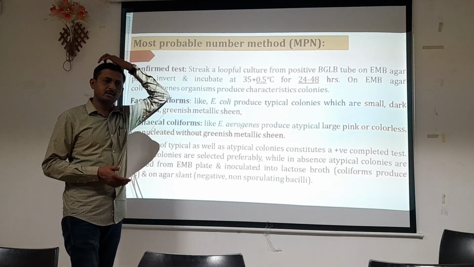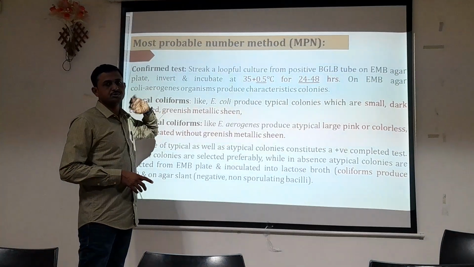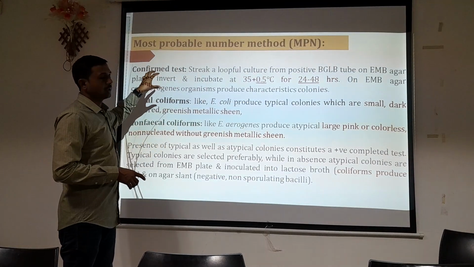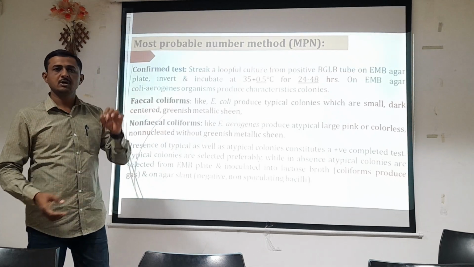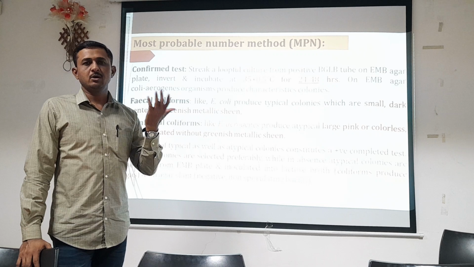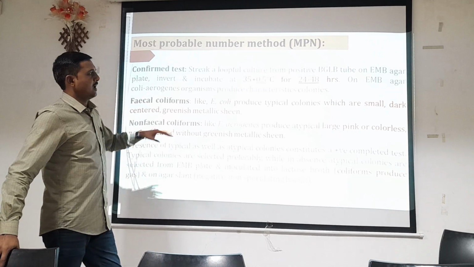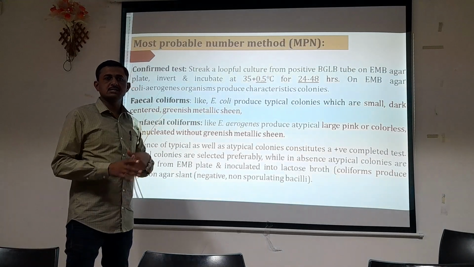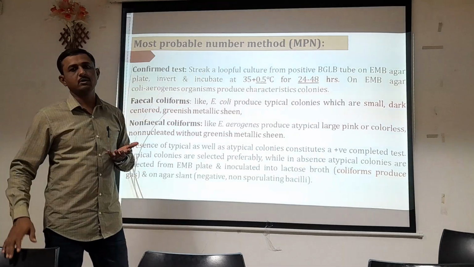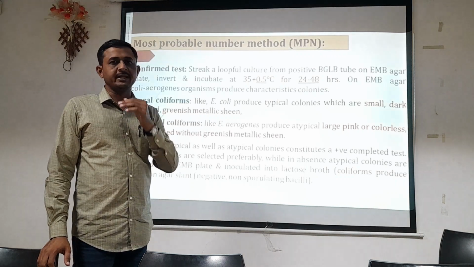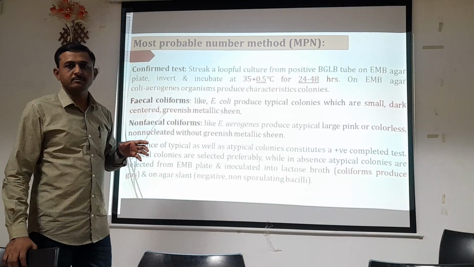That you have inoculated, and you have recorded your result for the presumptive and confirmatory test. Now you have to inoculate the positive sample from the confirmatory test on the EMB agar to confirm whether that organism is from the intestine of human or animal origin. On the basis of fecal and non-fecal coliform, you have to distinguish. EMB agar prevents the growth of gram-positive organisms and allows the growth of only gram-negative organisms. Here only the enteric pathogens can survive on that particular media.